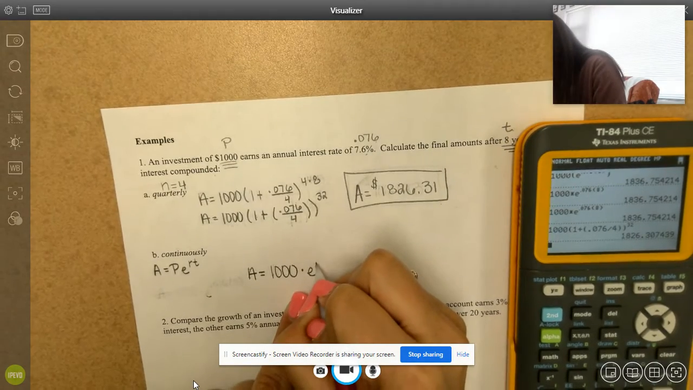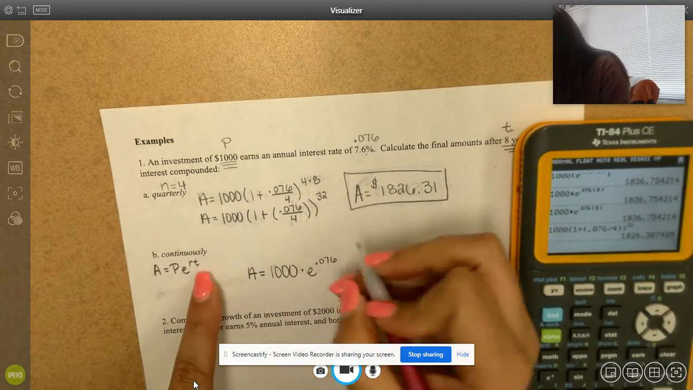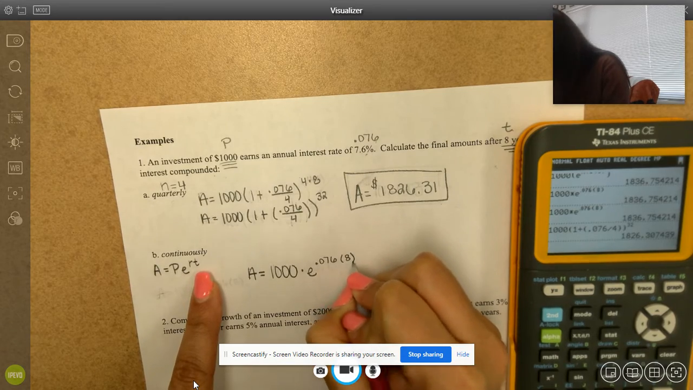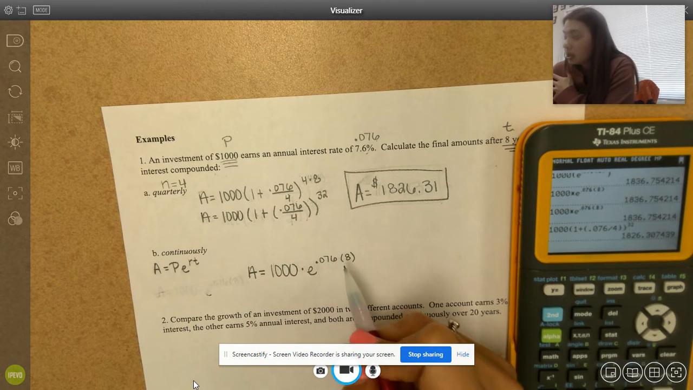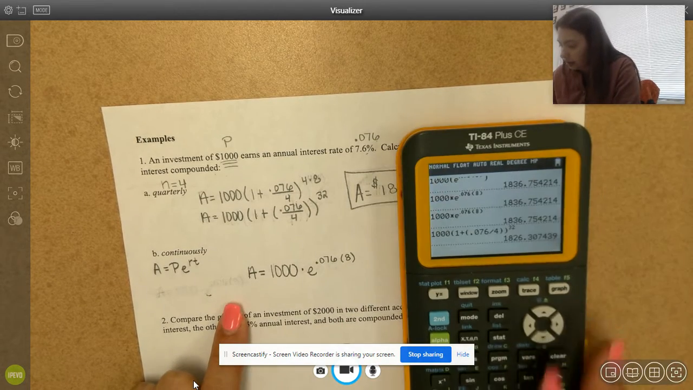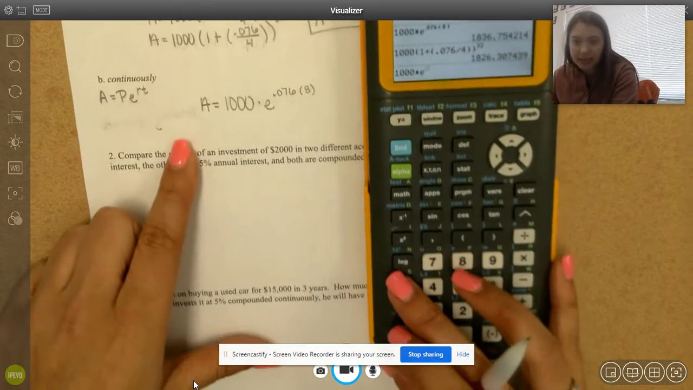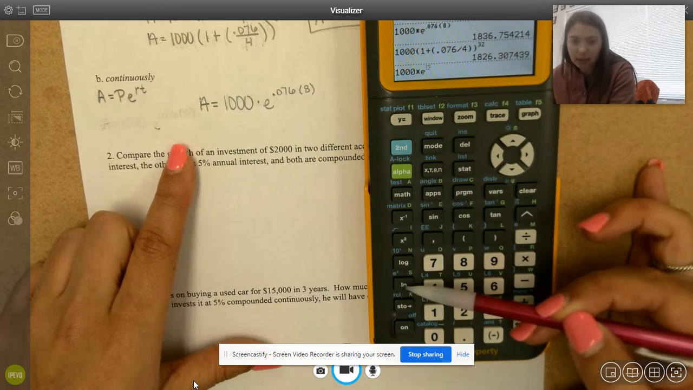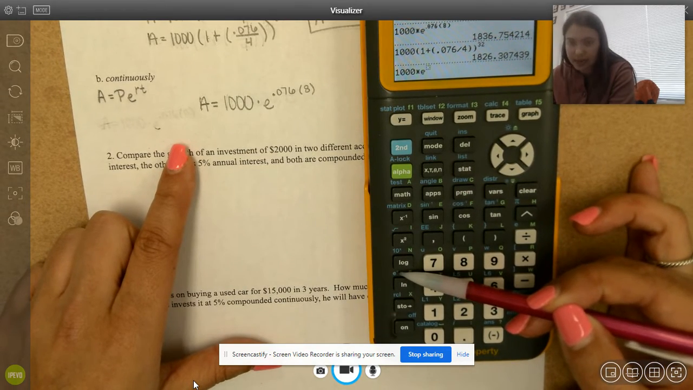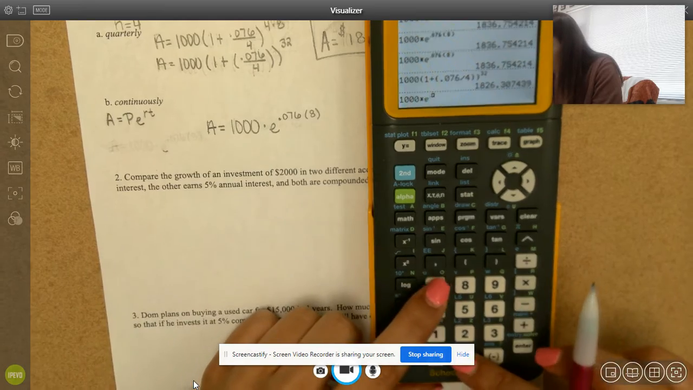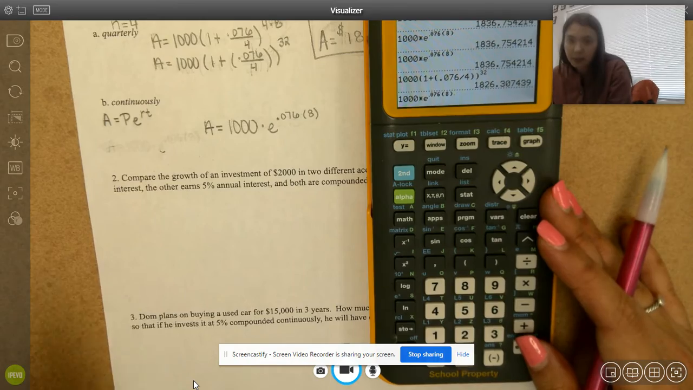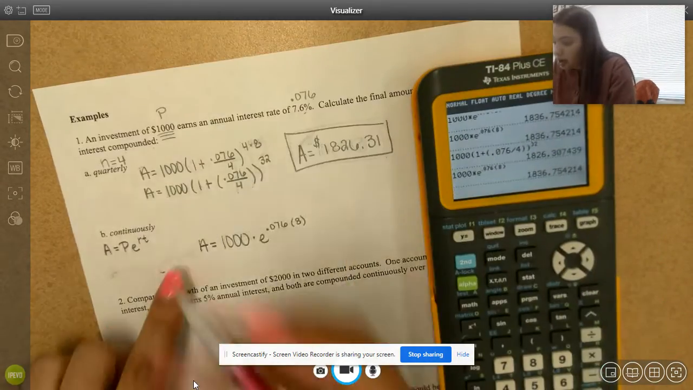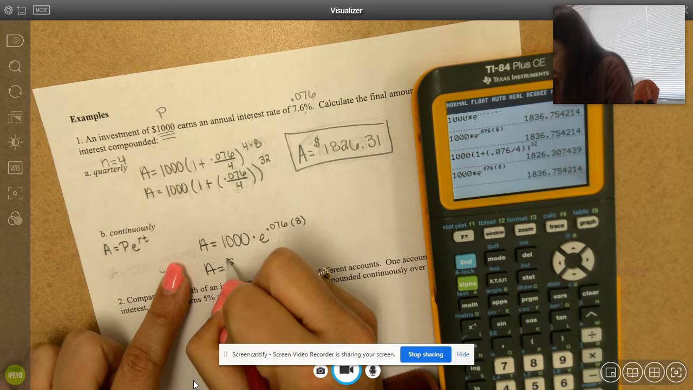E is raised to the 0.076, that's our R, times 8, which is our time. So now our rate is also in our exponent, not just the time. Let's evaluate this in our calculator. 1,000 times E. We can find E by going to our second ln button. The E is right there with the exponent raised. We type in 0.076 times 8, all in that exponent, and we get a value that A is equal to